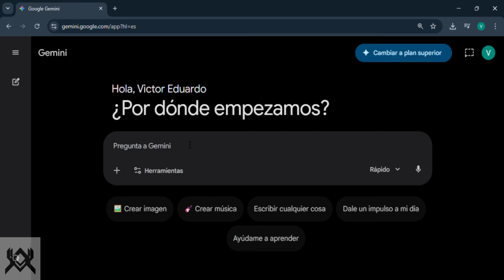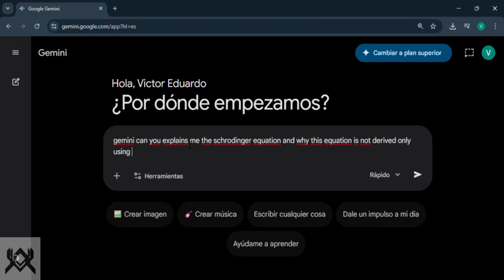Okay, Gemini, can you explain to me the Schrödinger equation and why this equation is not derived using only classical physics?